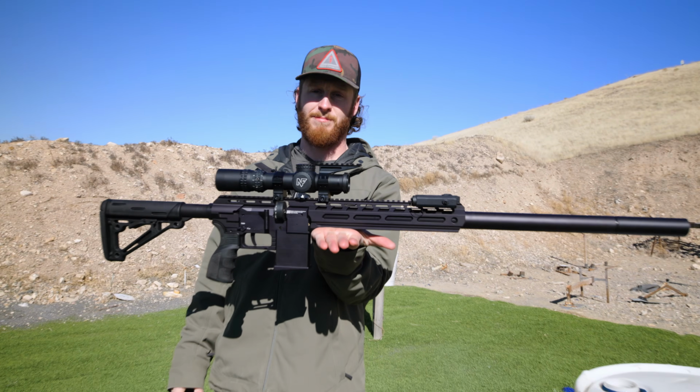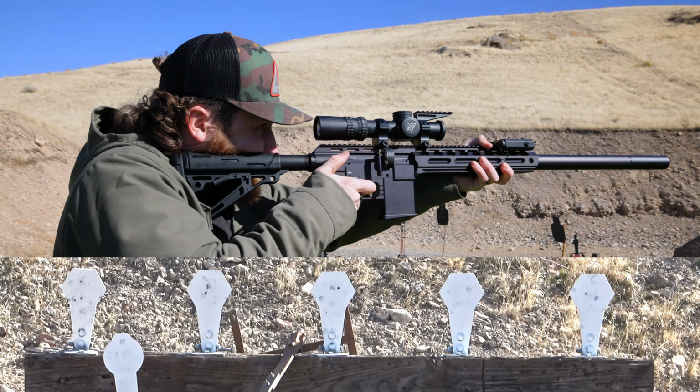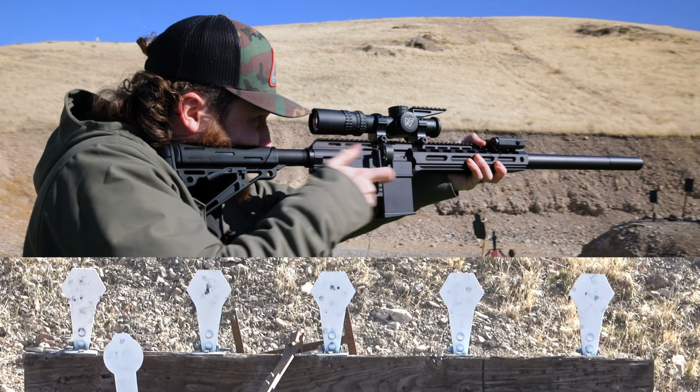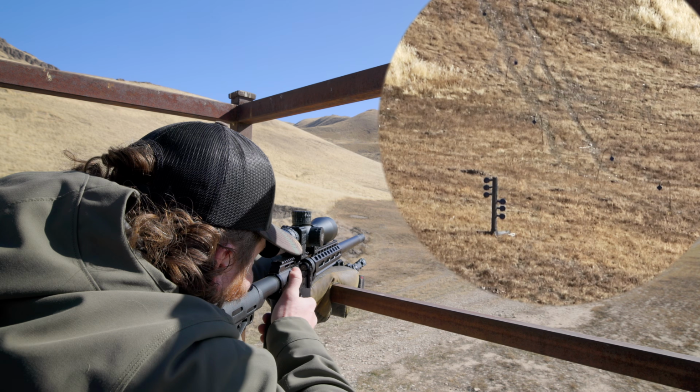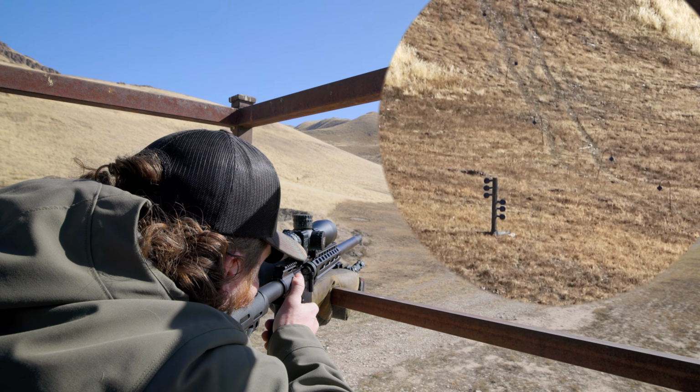So one of the ones that it's weird considering a mid-tier gun is the DRS Tactical. It's right at $1,000. You get some really good features, some insane accuracy, some really, really efficient shooting. But that's one that I was honestly surprised when we started considering that as a mid-tier because you're getting a lot for your money. The DRS Tactical is Justin's favorite pellet shooter. So just to put that in perspective,